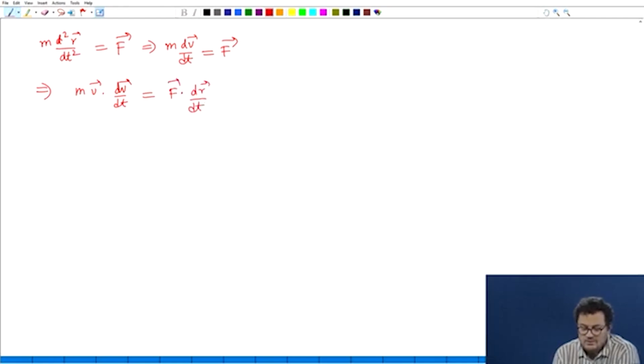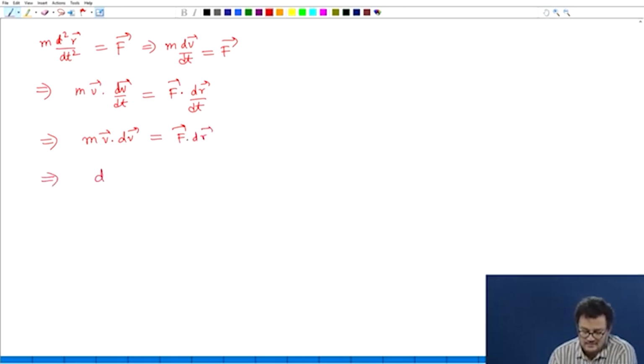I am just taking the dot product with v, because v is dr/dt, I can write this, and then I can simply say m v dot dv. I just take the dt out. I now write simply this: m v dot dv is equal to F dot dr,